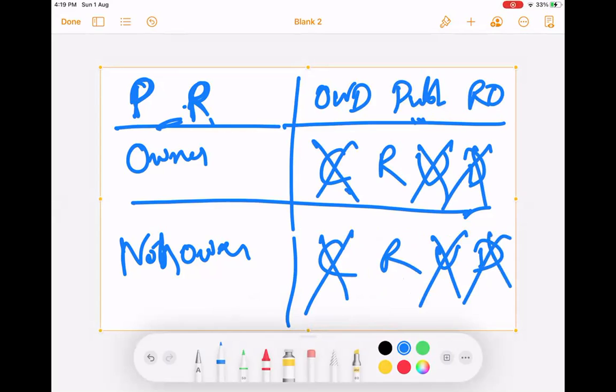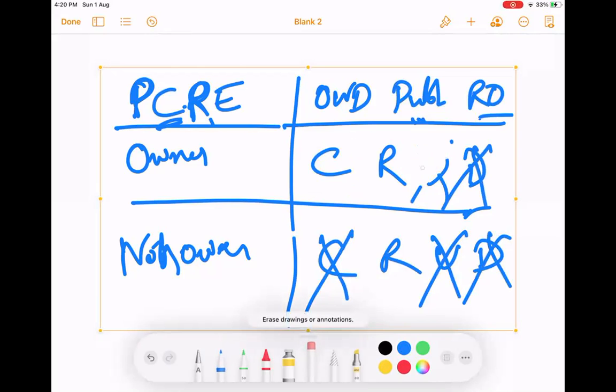Non-owner can read or not? Non-owner, yeah, can read because it is public read only. Now I give CRUD permission. Create permission. What will happen? Only the owner can create, because of the permission. The non-owner cannot create. What if we edit? The owner can edit, but the non-owner cannot edit. And the same thing will happen for delete also.